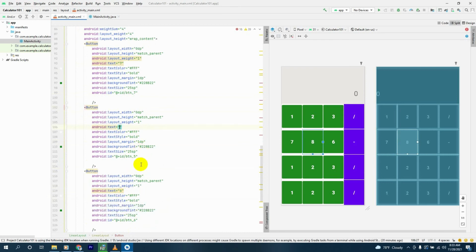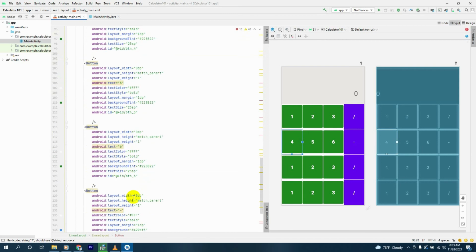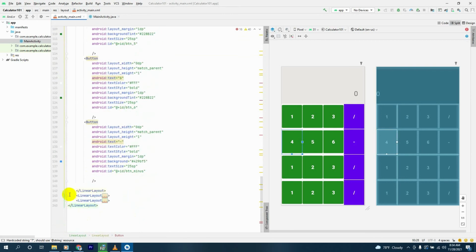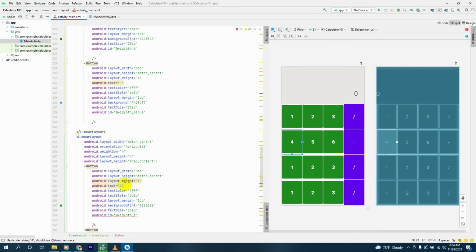No, we have been doing it in the wrong buttons. We'll go to the next linear layout, and here the text will be 7, the button name will be 7